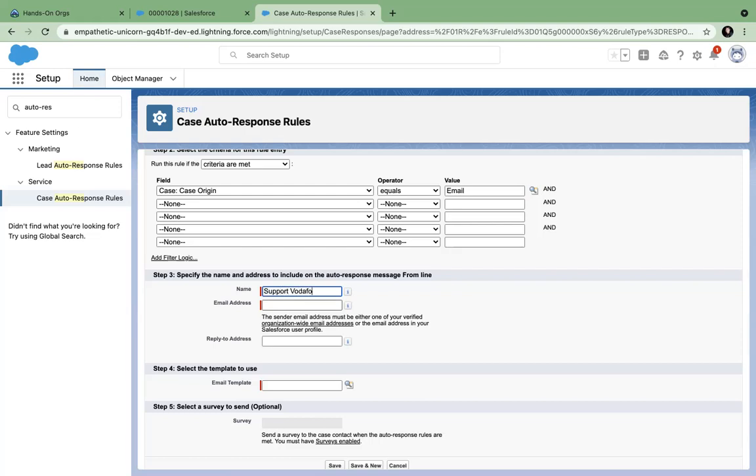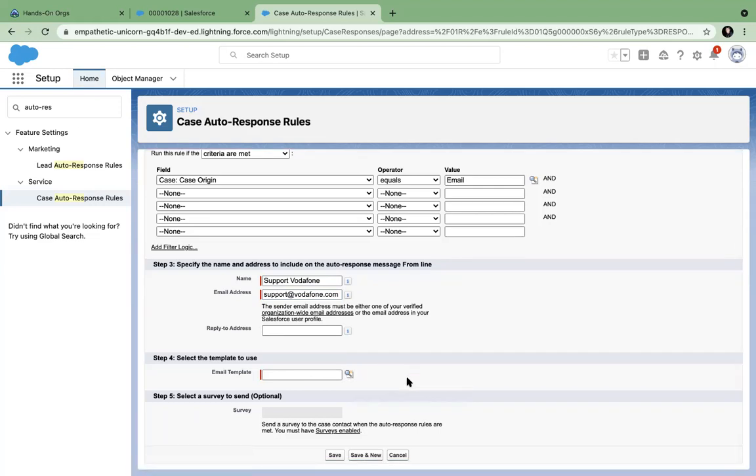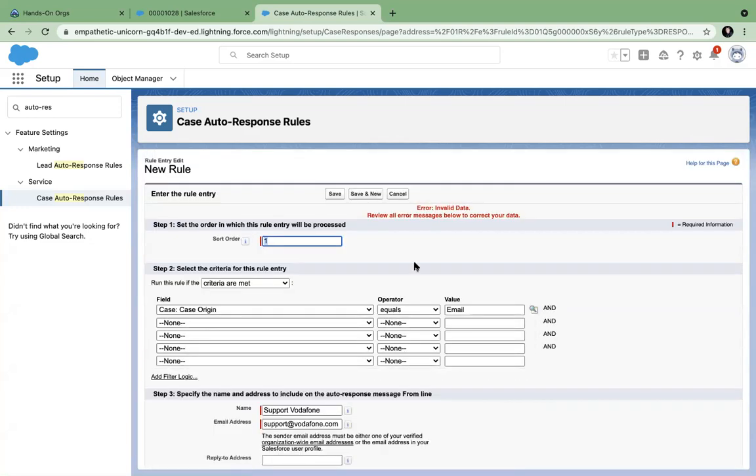If I am Vodafone, the email address will be support@vodafone.com. And I have to put an email template. We talked about email templates in the workflow, right? Same. You have to select an email template and then you save it.